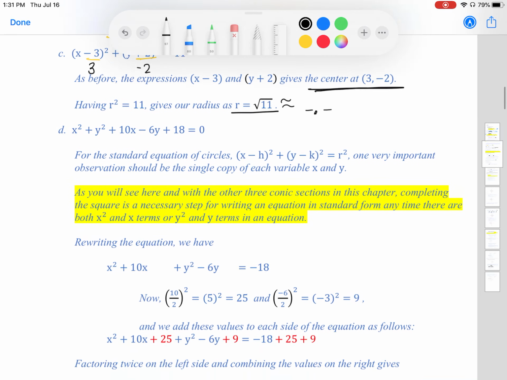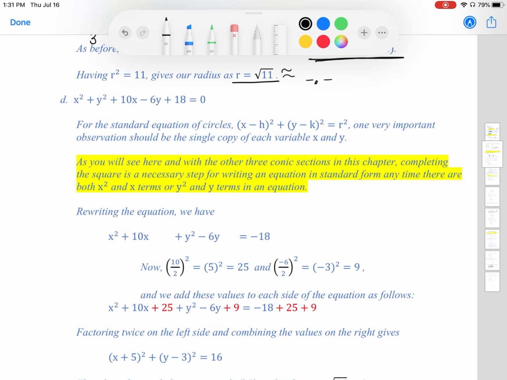D. x squared plus y squared plus 10x minus 6y plus 18 equals 0. For the standard equation, we need to make it fit this formula. One very important observation should be the single copy of each variable x and y. As you will see here, and with the other three conic sections of this chapter, completing the square is a necessary step for writing an equation